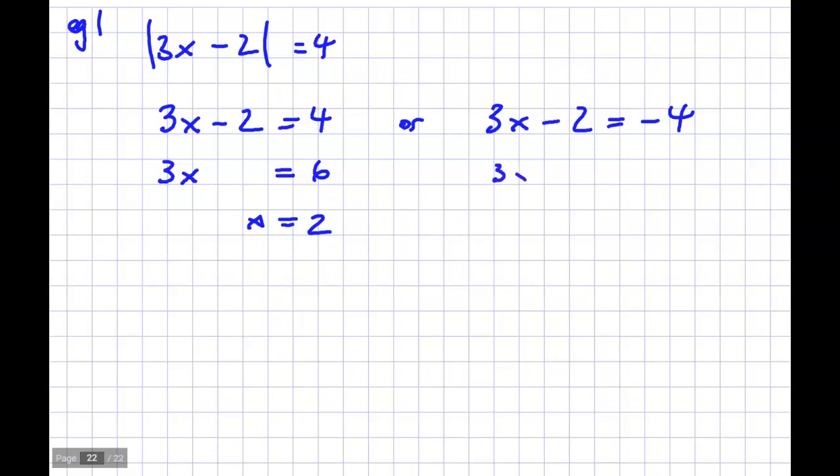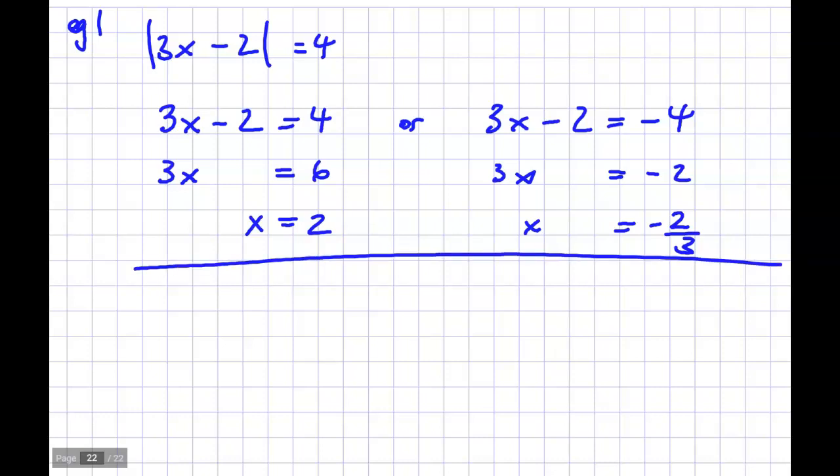Or if I add 2 to this, x is minus 4, and then divide by 3, I get minus 2/3. There are two solutions that fit this modulus sign. An alternative method would be to take the idea of squaring both sides. So if I were to square both sides